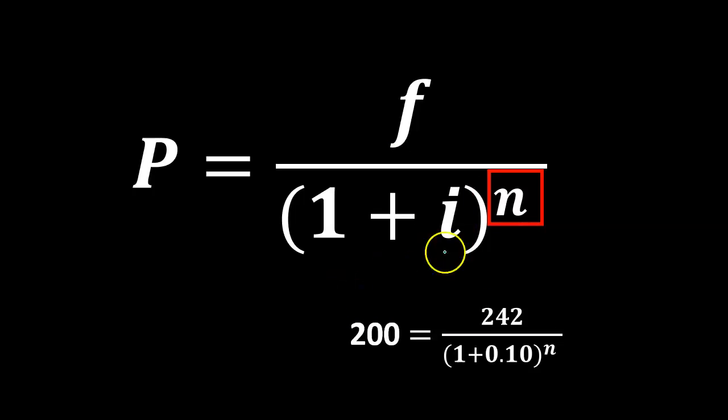Or it's possible that we might be solving for the number of periods. So they could give us all the other data, and we would need to solve for the number of periods. To do that, we could use a formula. It's possible to do that with tables, and we'll show a function to do that within Excel as well. So Excel is the third way and the best way to really look at this same type of data. So we've looked at it in terms of a formula, we've looked at it in terms of tables.